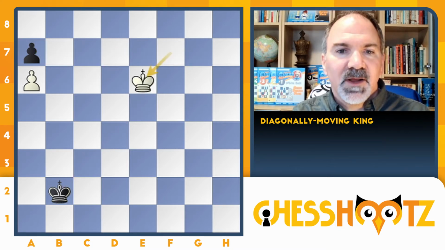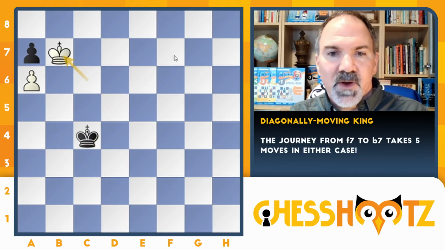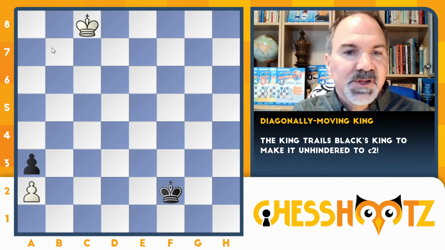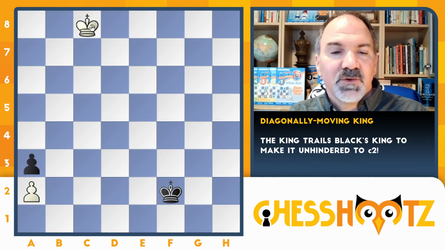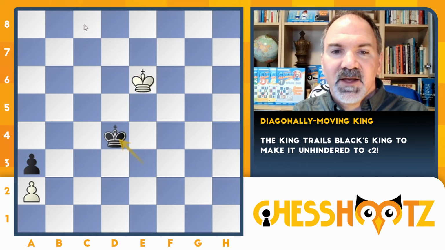So we see that coming and we slow him down by moving to B7 in a little triangle pattern like this. And that slowed down the black king just enough to be able to win the game. Same thing defensively. With black trying it, we are going to move our king. Watch this. Instead of coming straight down where we get blocked off, we're going to play king D7 and follow